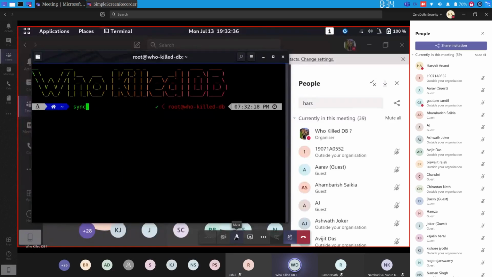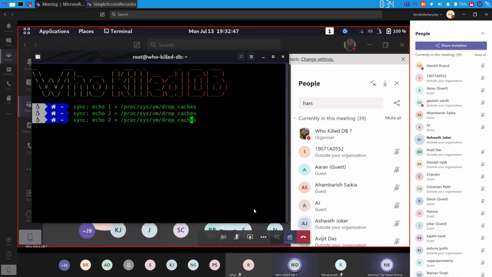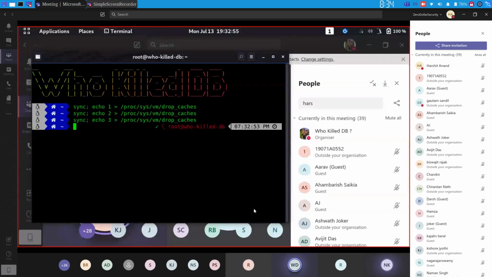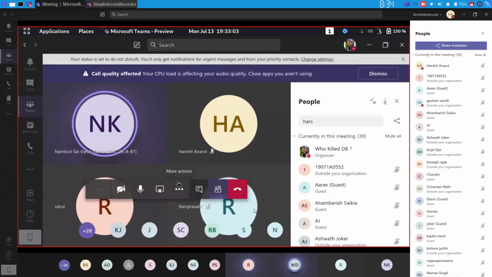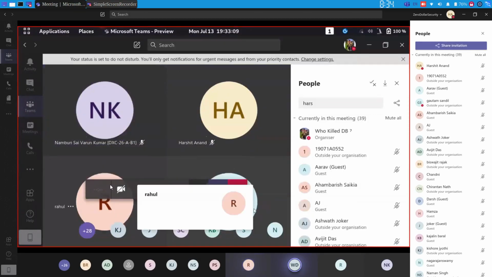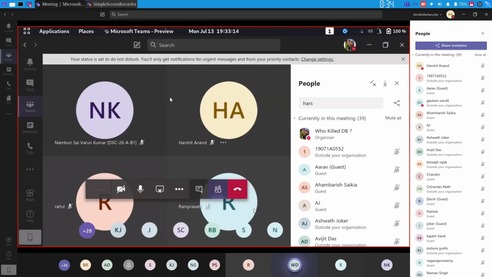Hold on. Is it better now? Yes, much better. But there is still some disturbance, some background noise. Those are network issues, because we are facing severe storm issues on the eastern side of the country right now. So we have to make do with it.